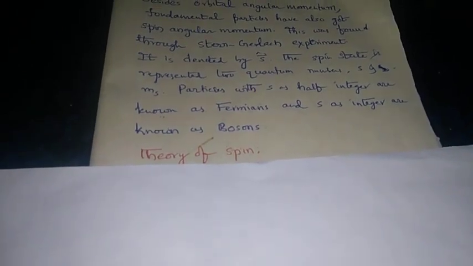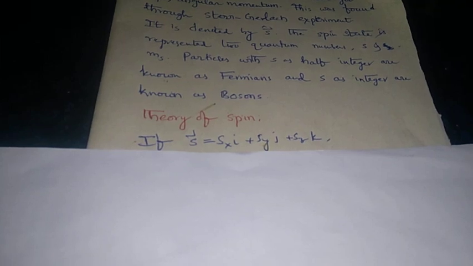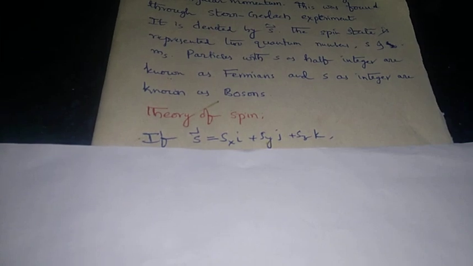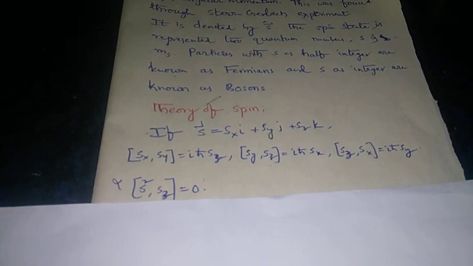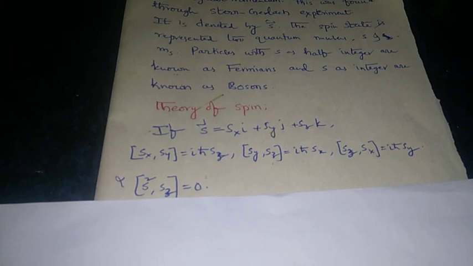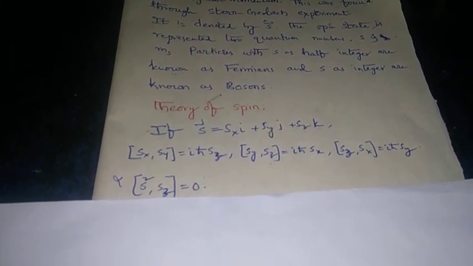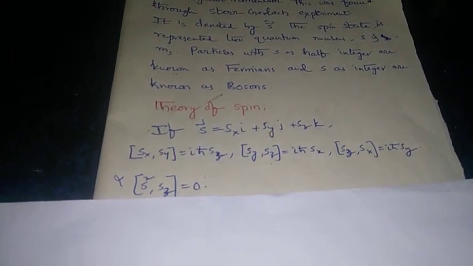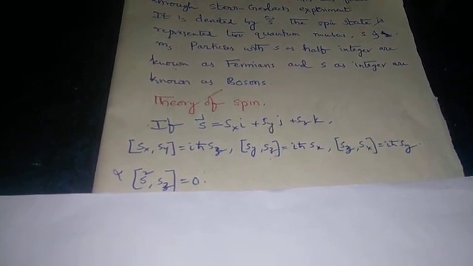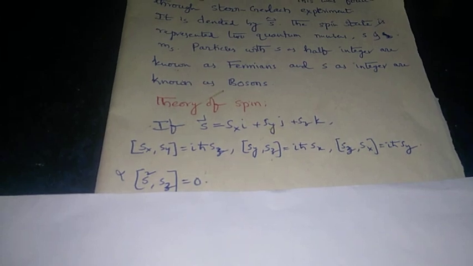Next in the discussion is a bit of theory of spin. If the spin angular momentum is expressed as Sx, Sy, Sz as the components, then we should expect the commutator of Sx, Sy as iħ into Sz, and Sy, Sz commutator will be iħ into Sx, and then Sz, Sx will be iħ into Sy, and S square with Sz should be giving you